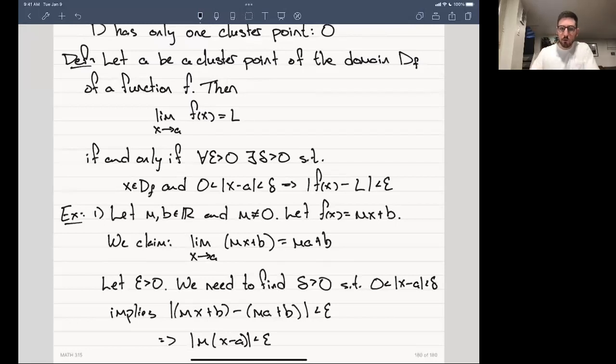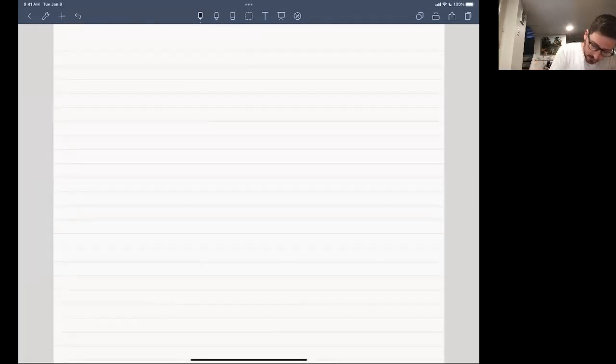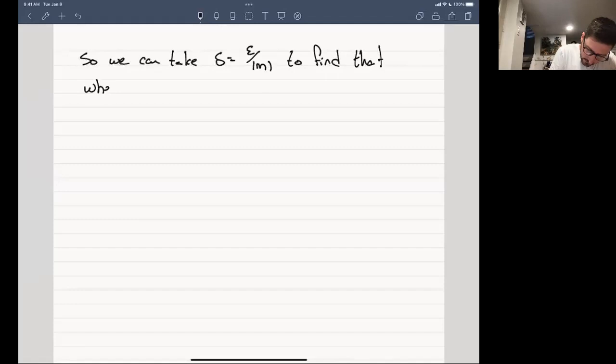And so what we want is, again, to find delta so that the absolute value of x minus a is small, and that will guarantee that m times x minus a is less than epsilon. So we can take delta equal to epsilon over the absolute value of m. Again, I assumed m is not equal to 0. To find that, when 0 is less than the absolute value of x minus a, which is less than delta, which is equal to epsilon over the absolute value of m, we have,